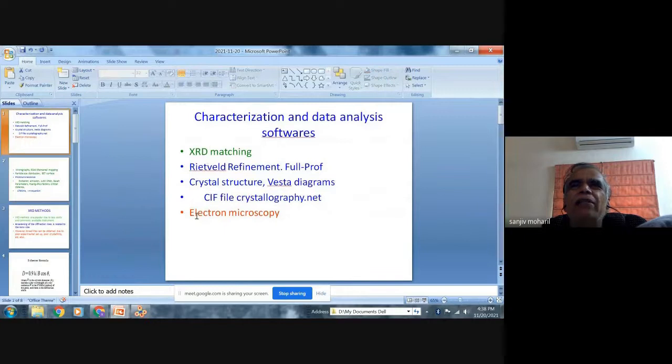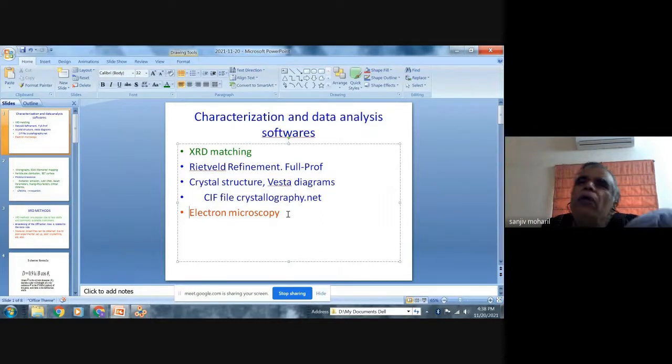So after that we study electron microscopy. That is another important thing. So we can also study the contents of our material by energy dispersive X-ray.